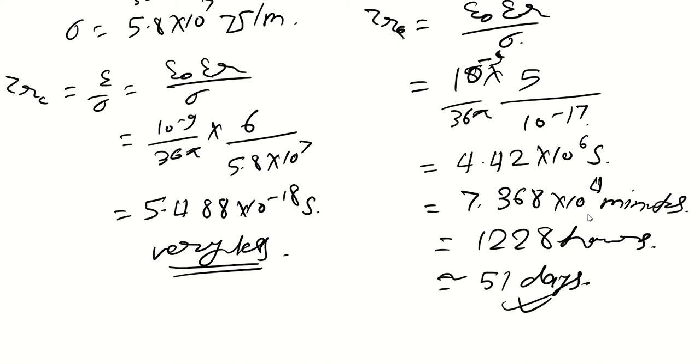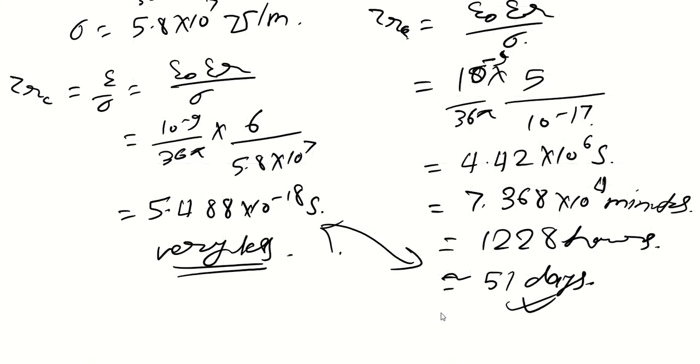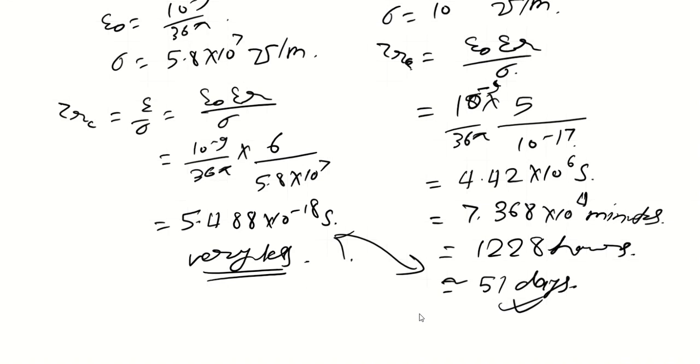So just consider these two terms and compare the non-conductor case and the conductor case, and how much time they take for the charge to move from the interior of the object to the surface. This is what I wanted you to understand: relaxation time plays a great role for any object, helping us determine how much time it takes for the charge density to reduce.